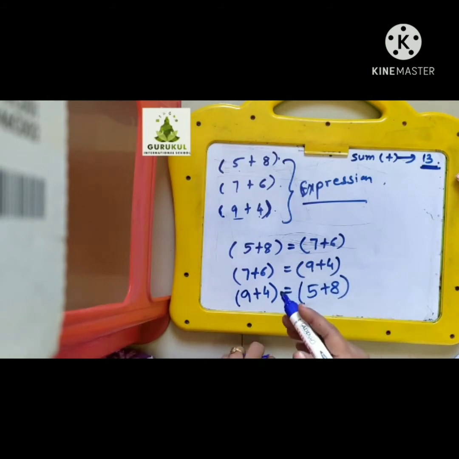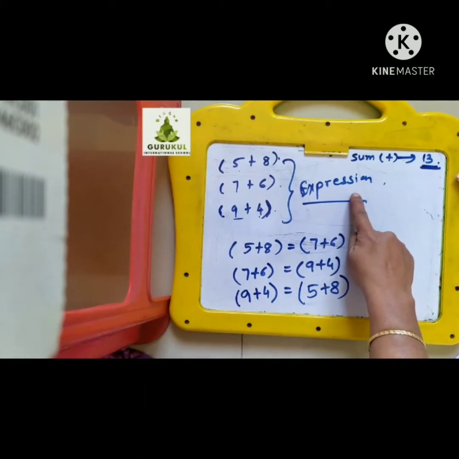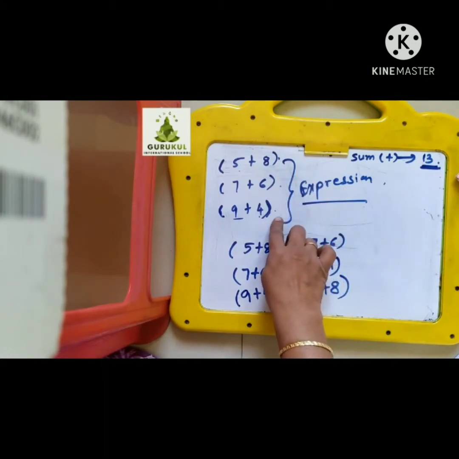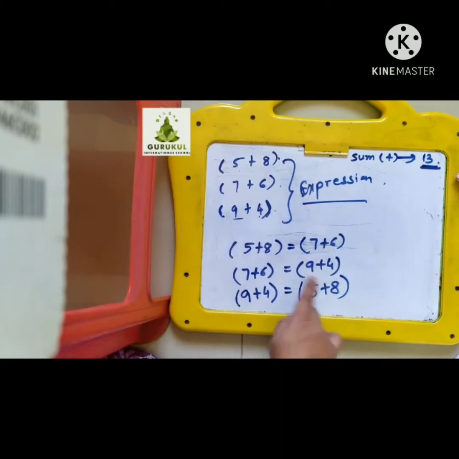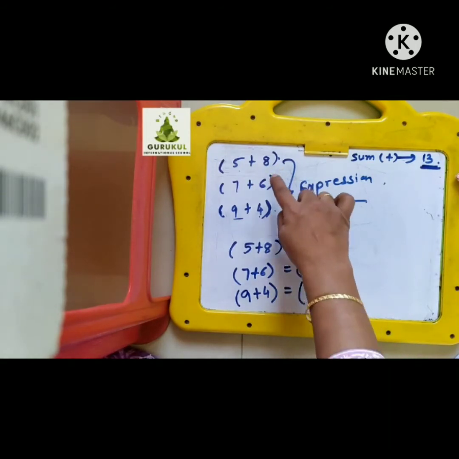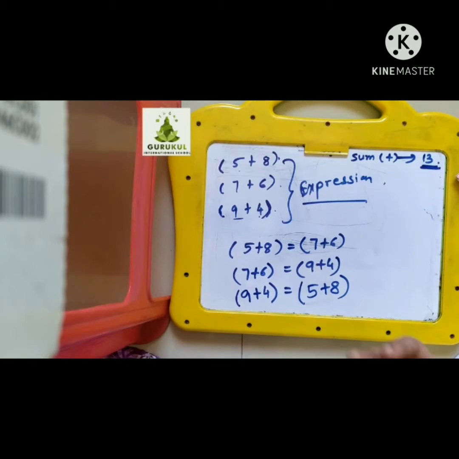So in this way you can decide your own numbers to make the expression and can frame them as your equalities. The only condition is in the equality, your left hand side, right hand side answer comes as same. Whatever 3 expressions you have decided, you can interpret that in any of the form. I can say 9 plus 4 is equals to 7 plus 6, or I can say 7 plus 6 is equals to my 8 plus 5 or 5 plus 8. In any way you can decide, but the answer comes as always same as they are the equalities.